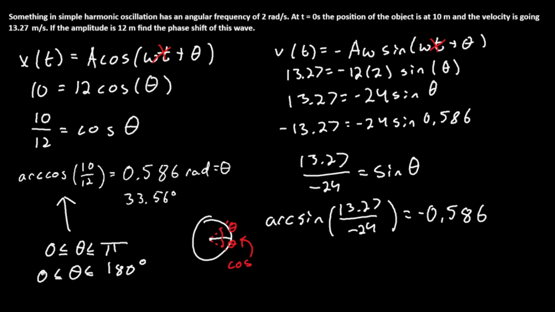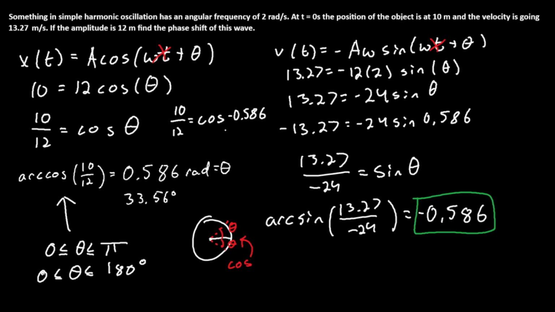So the answer of negative 0.586, when you plug into a cosine value, is still the same as just putting in the positive version of this. Which one is the true right answer for the phase shift? Well, it's negative, because let's say 10 over 12 is equal to the cosine of negative 0.586. If you plug cosine of negative 0.586 into your calculator in radians, of course, you will